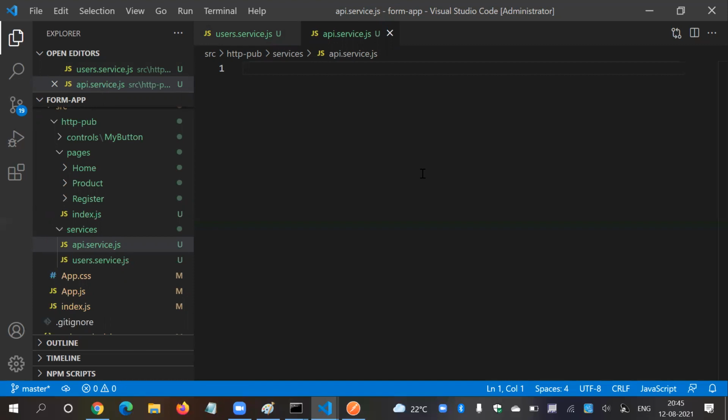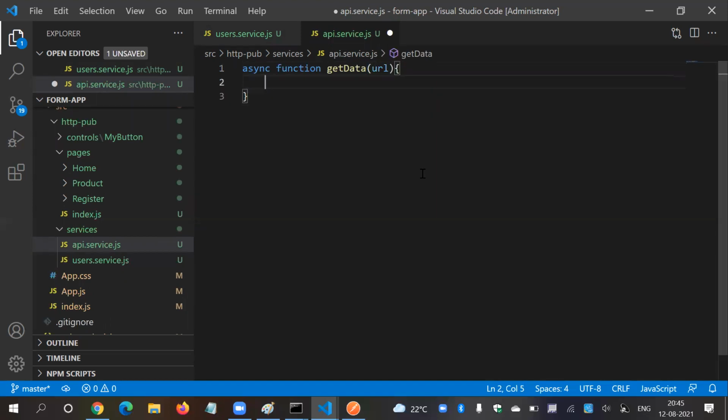Let's say async function get data. What you are going to pass is a URL, and in return you will get something. You can say API async. Let's keep it simple, then I will convert it into the ES6 syntax. But let's keep it as it is.